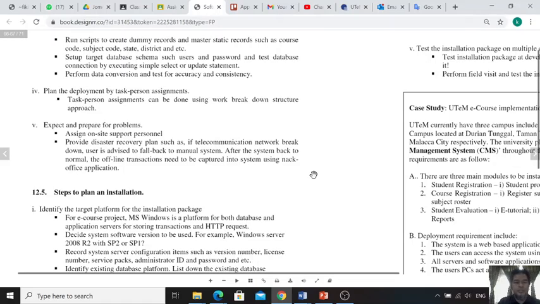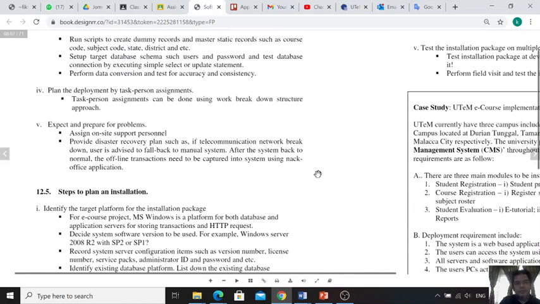You need to do a smoke test. You know what is a smoke test? It's not smoking. It is a smoke test. Smoke test means when the application is up and running, maybe you take 3 days to do a smoke test. Smoke test means you go to every